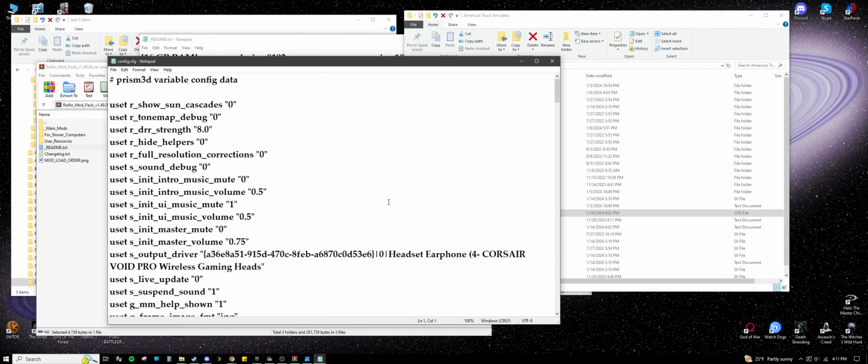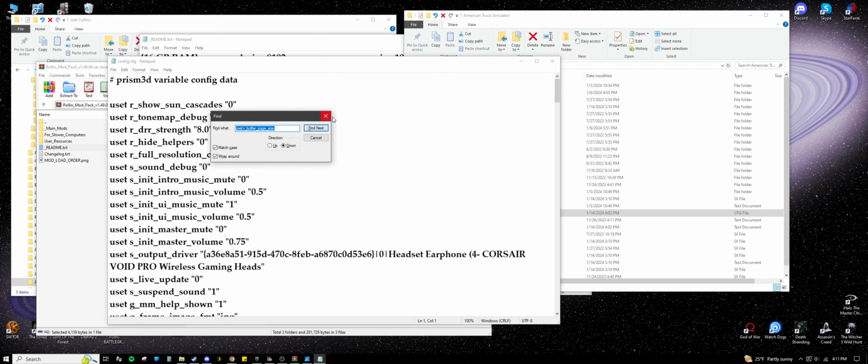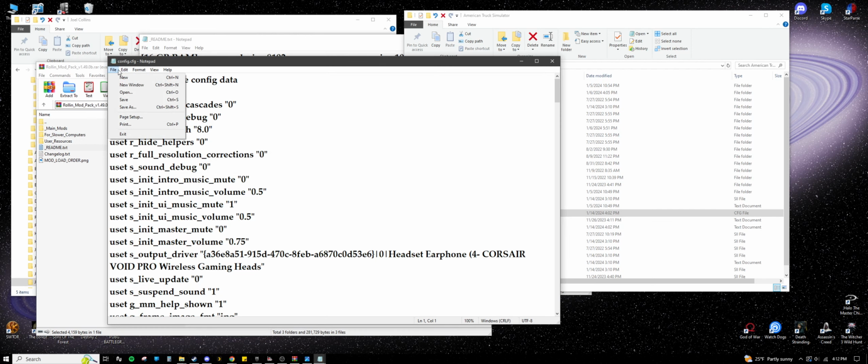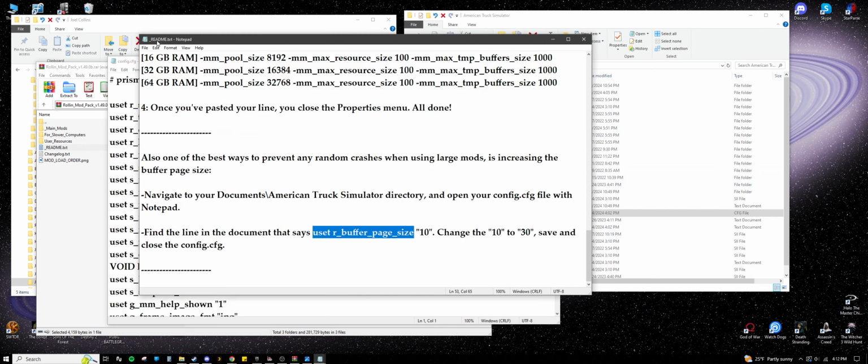Now, to find this line, we're going to make it easy. You're going to press Control and F on your keyboard at the same time. It's going to pop up with this box. You can also click Find in here, and it'll pop up with this. Now, mine's already typed in here. You don't want to paste that, you want to take that line from the README, this,